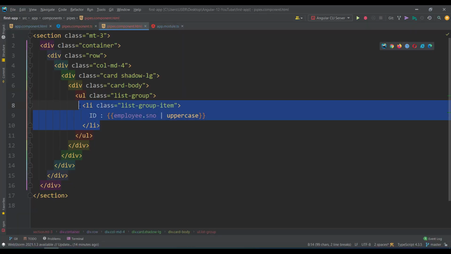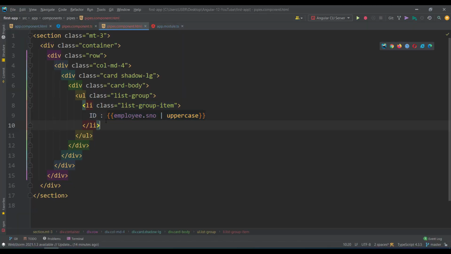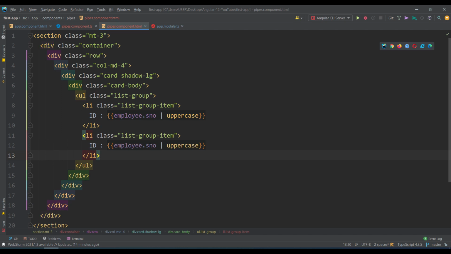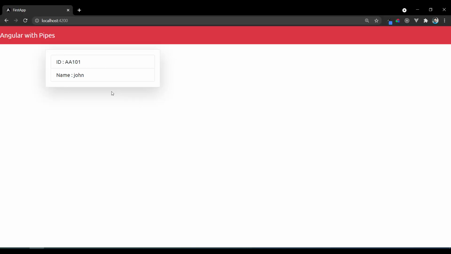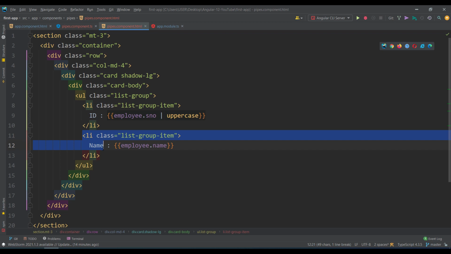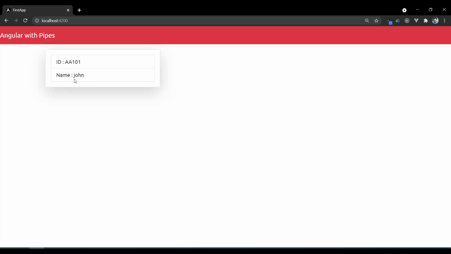Okay, so let's take another one. Here I want to print the name. If you don't write anything, it is like this, just John, correct? Let me copy once. Yeah, so John in lowercase.